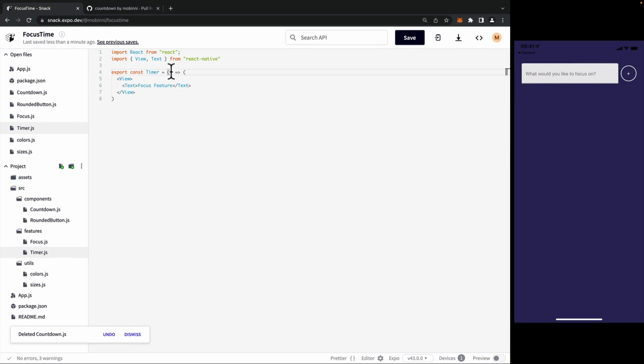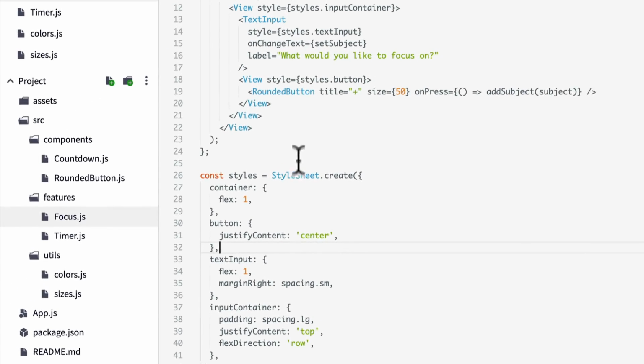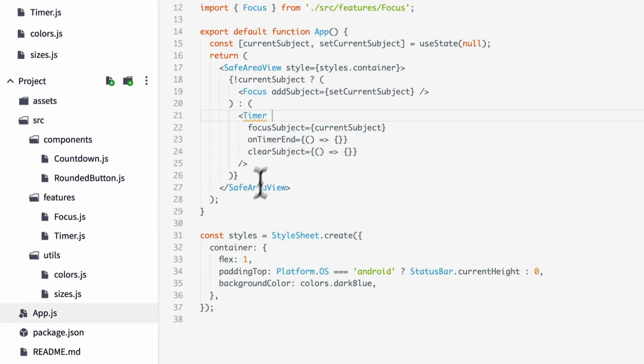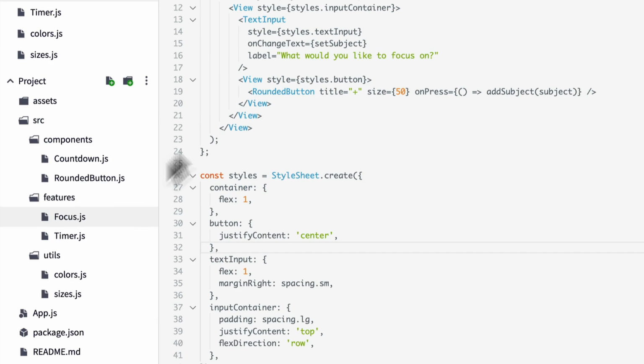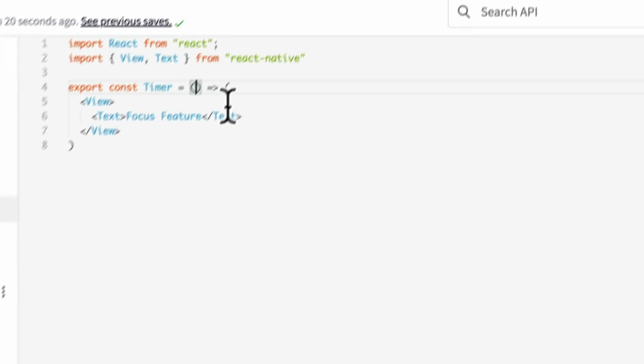And that's what we're going to do. Now, over here, we clearly added some properties to pass into it over here in the app. So we have the focus subject, the on timer end, and the clear subject. So let's pass those in. So we go back to here, and we can say